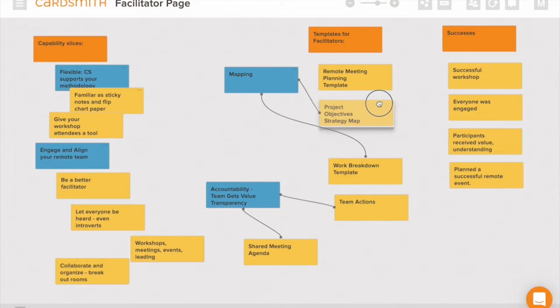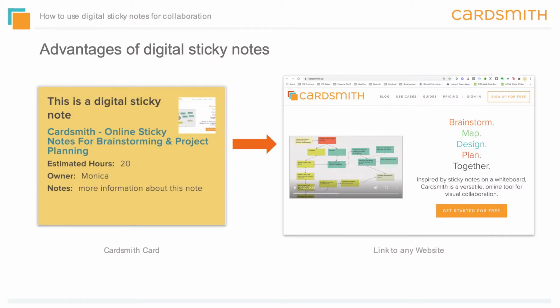Digital sticky notes can offer capabilities that the physical notes can't, though. You can add additional attributes to a note, like a due date or a task owner. You can create links to a URL to make information available from websites, from documents, or even other digital sticky notes or groups of sticky notes. And digital sticky notes won't fall off the wall, and they're available long after a group session is completed, all without the process of having to take photos and rekey them into another tool.